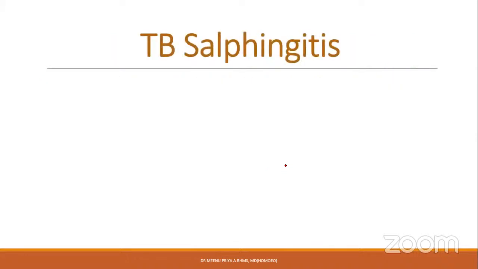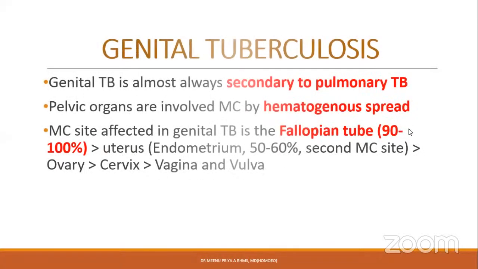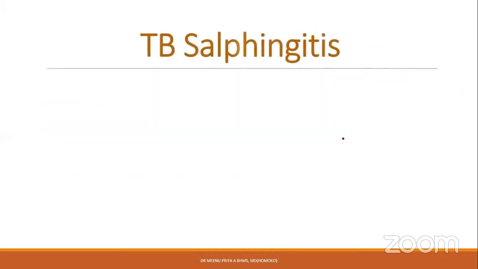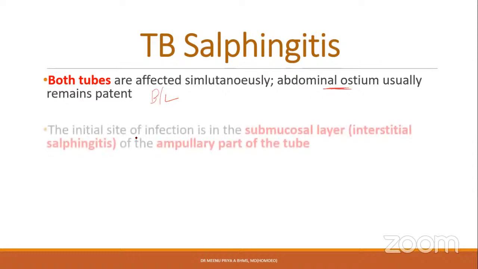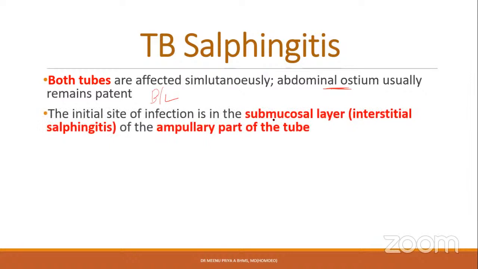So TB salpingitis, because mostly 90 to 100% it is fallopian tube, usually it is salpingitis. Both tubes are affected. It is bilateral. TB is usually bilateral, affected simultaneously. Abdominal ostium of the fallopian tube usually remains patent, and the initial site of infection is the submucosal layer, that is interstitial salpingitis of the ampulla. Just remember,